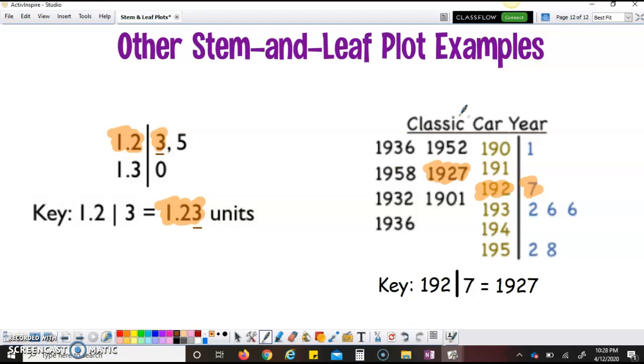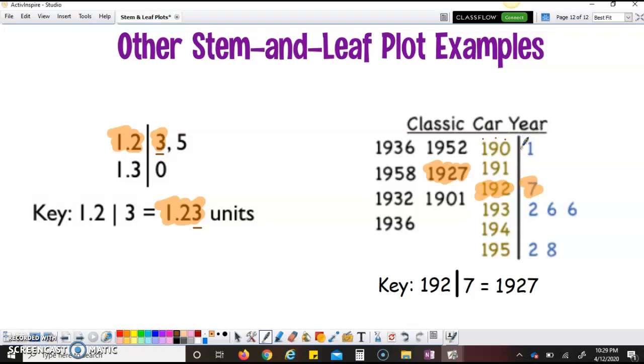And then this last one I thought was kind of cool. I've never seen it used this way, and I thought this was interesting. So here we've got some classic cars and their years, and you can see we've got like a 1936, a 1958, a 1901, and we can make a stem and leaf plot out of this as well, okay? So down here, look at the bottom, look at your key. 192 line 7 equals 1927. So you've got your ones, your tens, and your hundreds to the left of your line,